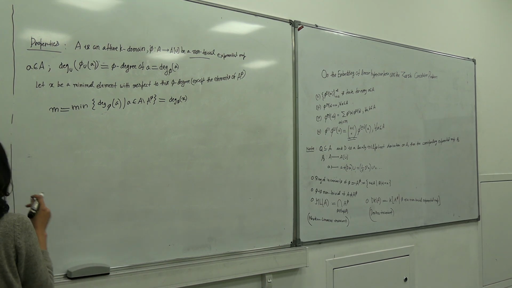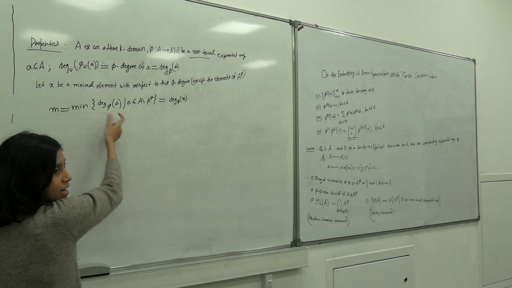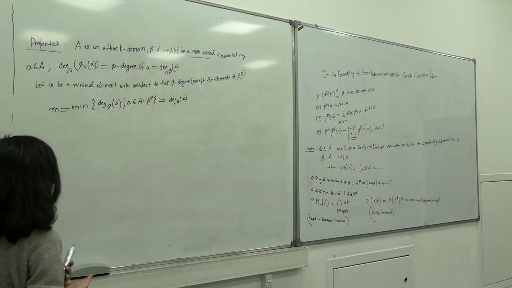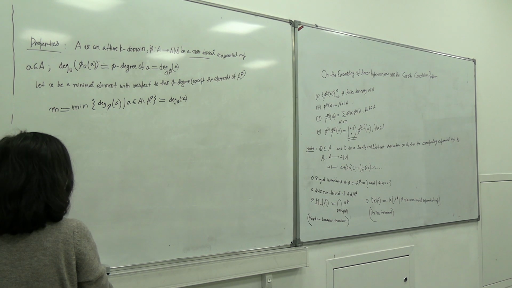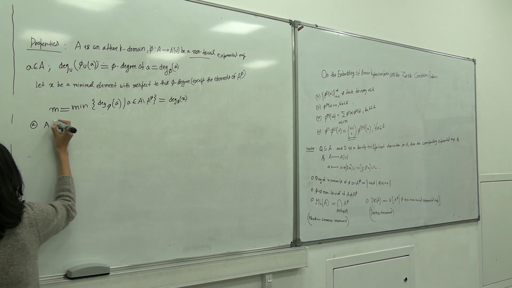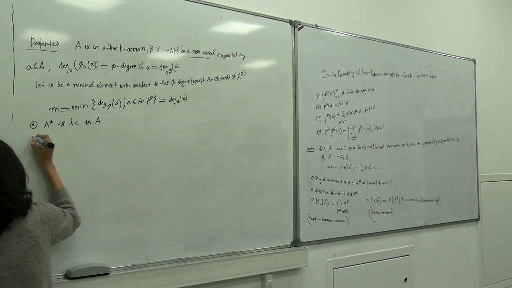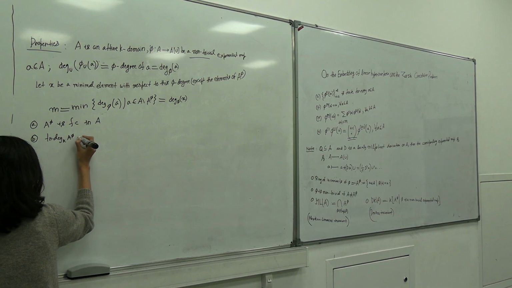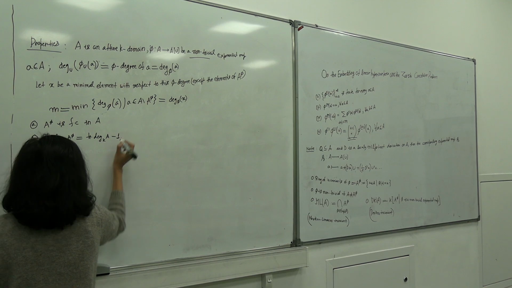So this minimum will be attained somewhere, right? I am picking one and calling it x. So this is just a reformulation of the definition. It is good to work with one x. I will write some theorem, but it will be true for every x which has this property. Number one: A^phi is factorially closed in A. Number two: the transcendence degree of A^phi over k is equal to the transcendence degree of A over k minus 1.